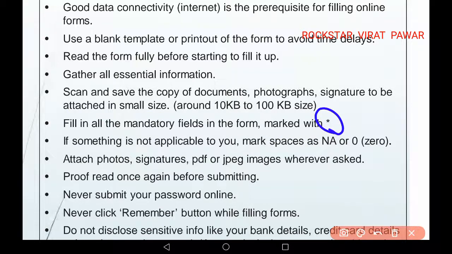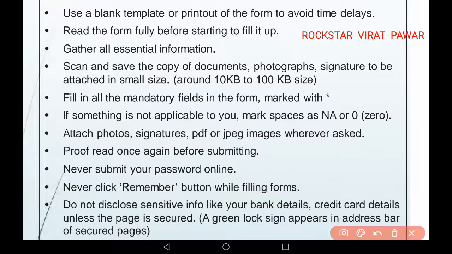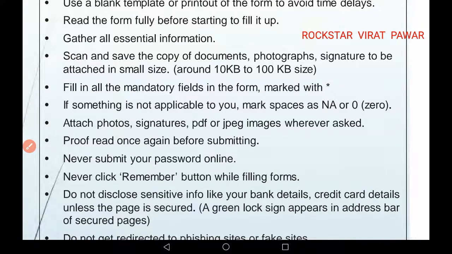This is mandatory information required to complete or submit your form. If you don't fill the information marked with this sign, your form will not be submitted, and an instruction will be given to you that this question is mandatory. If something is not applicable to you, mark the space as NA, not applicable, or 0.